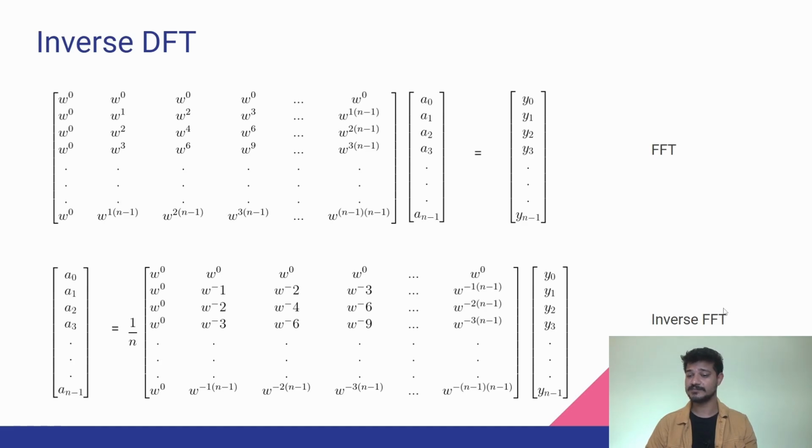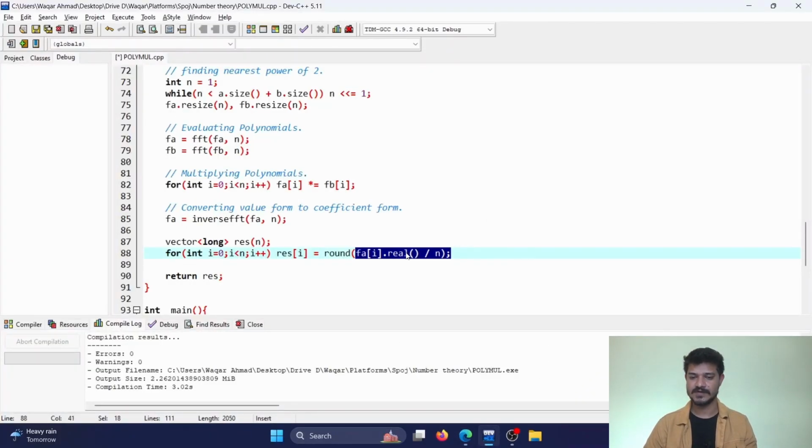Why? You remember when you are performing inverse FFT, you perform basically the same thing as in FFT, the multiplication with the negative powers, and we also got a multiplication factor 1 by n, right? So perform FFT and divide each element by n. That's exactly what we are doing here. For each element we are dividing it by n, and that gives you your final result. Because we have the multiplication factor 1 by n, you must divide each value by n. So result of I is equal to the real part of your resultant, divided by n, compulsorily, and